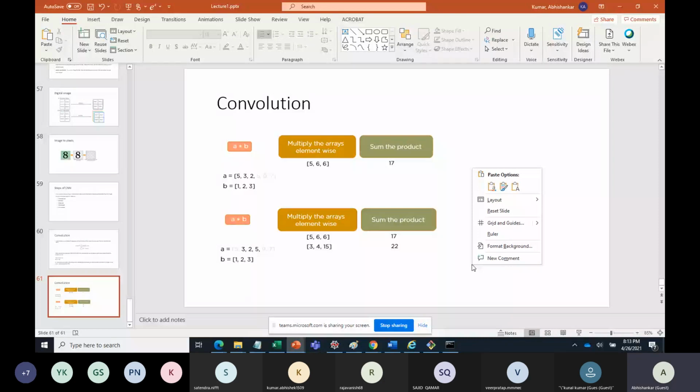So we took it as a one-dimensional array for understanding, but exactly it is not going to be one-dimensional, because we know that the pixel is represented in the form of a matrix, and we are going to have a matrix multiplication. But the concept is the same. We took a one-dimensional thing, but in the real case it is going to be a matrix. So A is going to be a matrix, and B is also going to be a matrix.